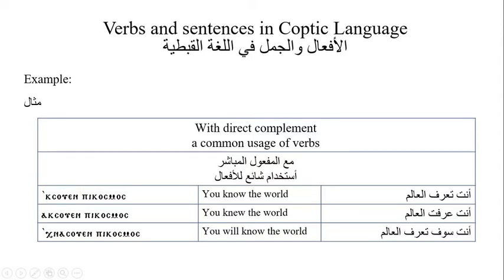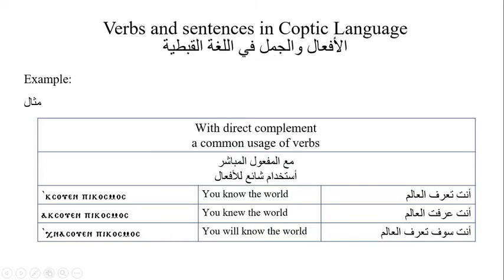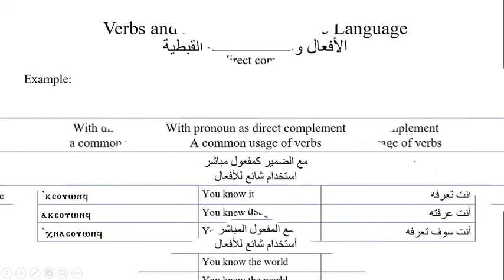There is no change in meaning between this shape and this shape. It's only the discretion of the user. If you would like to use the verb in the first form followed by an indication of complement, you can do so. If you want to use the second form of the verb followed directly by the direct complement, it is your discretion how to use it.